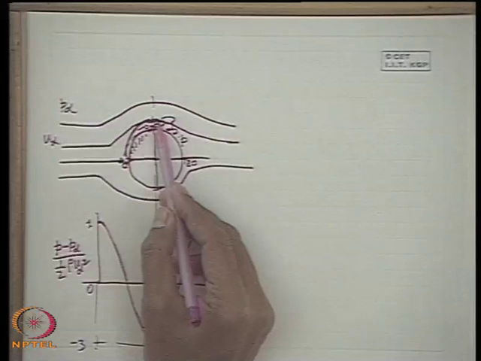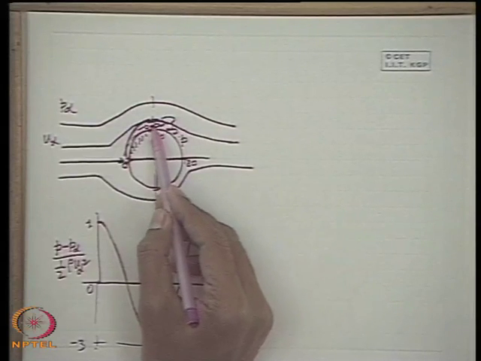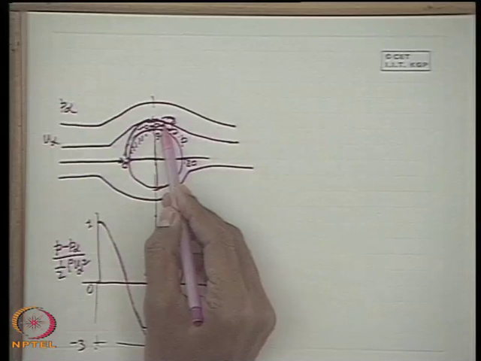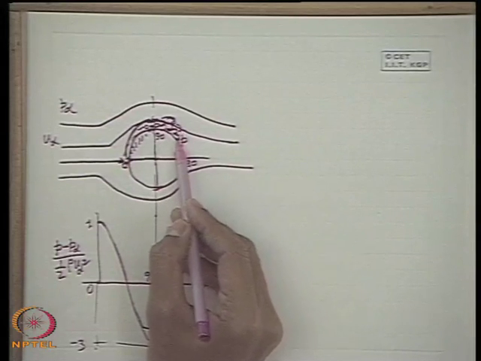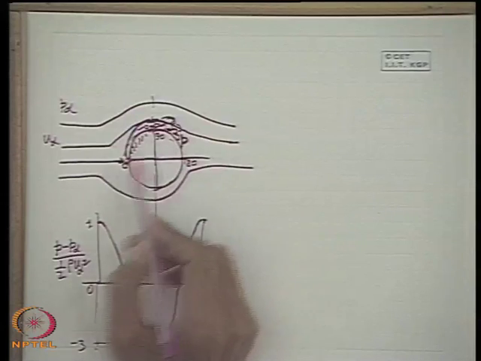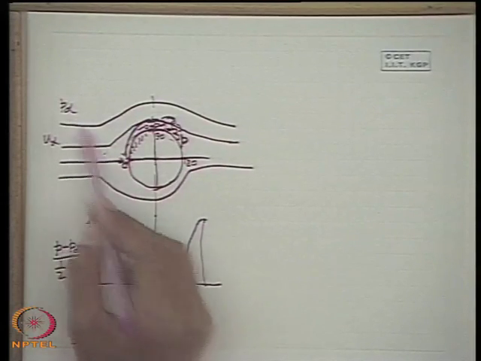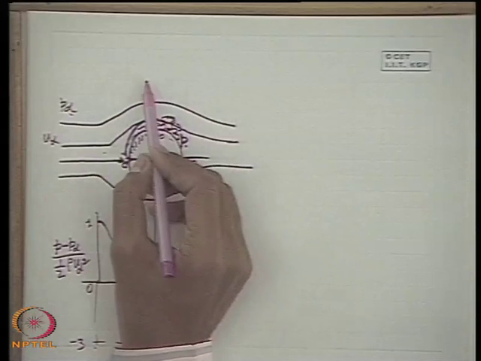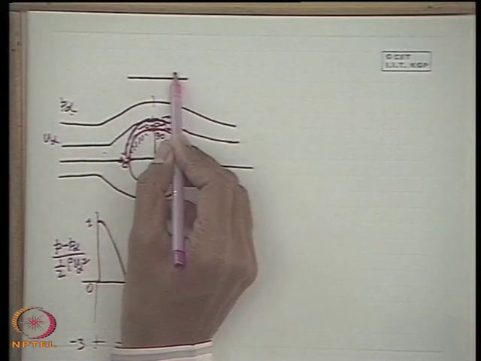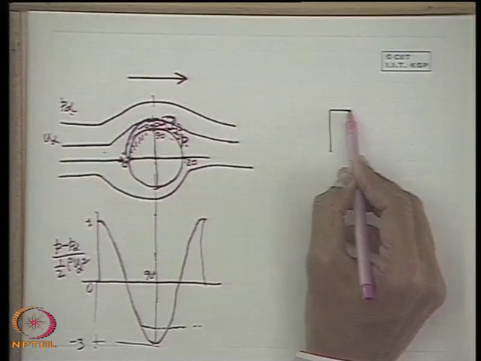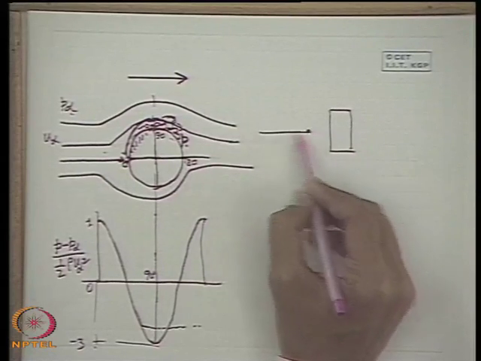So, at some point here the flow reversal starts taking place, that is the boundary layer separation, and ultimately turbulent eddies are formed, and the pressure in this downstream part is reduced from that in the upstream part. The upstream pressure P infinity is more than P. Therefore, a net pressure force acts on the cylinder in this direction. This is so for any body, any body of any shape, if the flow takes place.